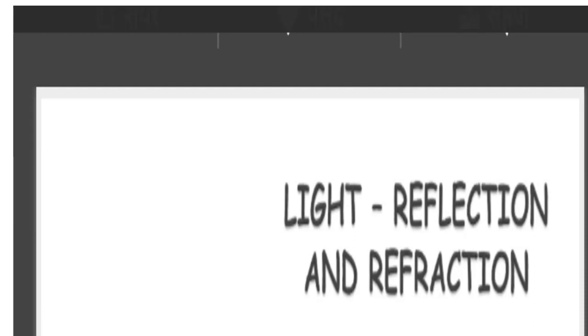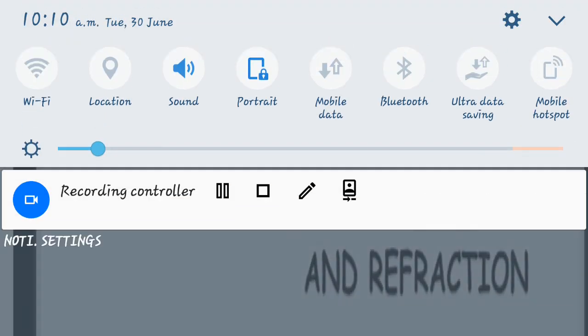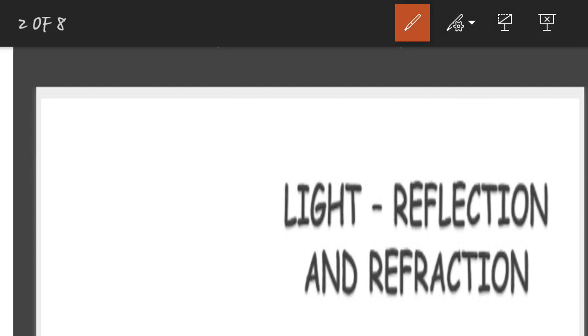Now when we come to a light source, we have to study about a ray of light. A ray of light is the direction path followed by light. If we draw a straight line and put an arrow, we call it a ray of light. Keep in mind that throughout this lesson, when we draw it, the light is coming from your left-hand side and going towards the right. The arrow is very important. This arrow indicates in which direction the light is moving.